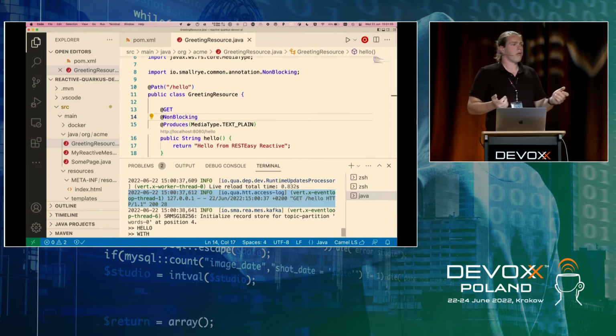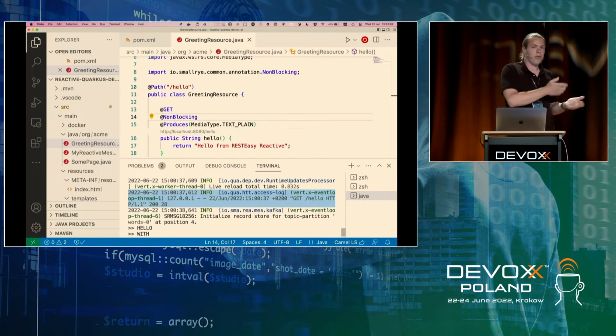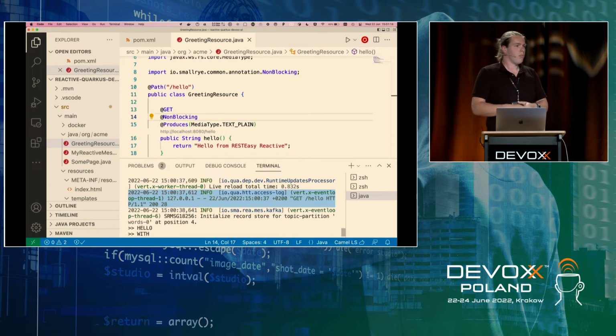That doesn't always work, of course. I'm now hinting to Quarkus, saying this is non-blocking. It's obviously because we just return a string. But if we were doing some blocking operation in there, Quarkus will also not allow you to do this. It says, hey, you're blocking my IO thread now. Please don't do this. Mark it as blocking. So that's what we can also do, is mark it explicitly as blocking.